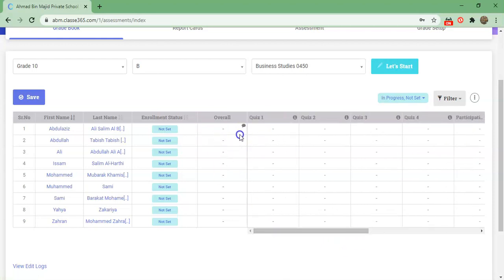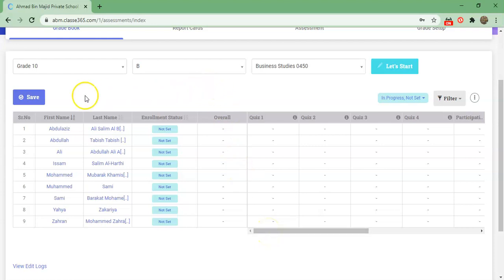If you want to enter a comment manually, simply click here. A small window will appear. When you enter the comment here, you can copy and paste. After pressing OK, you have to save. So this is a long and tedious way. Now I'm going to give you another shortcut way.